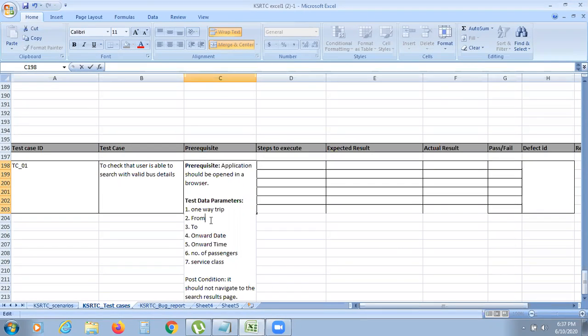If you enter Chennai, it becomes test data. But if you give only from, that is a parameter. Parameter is a field name, but the input is called your test data, right? Here you are giving only the parameter. Next one is the post condition. Post condition means,